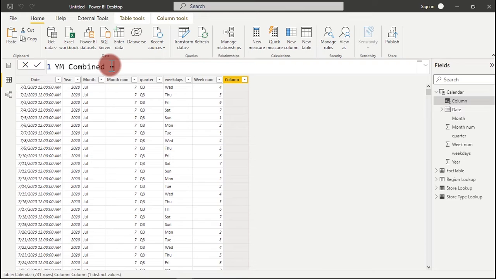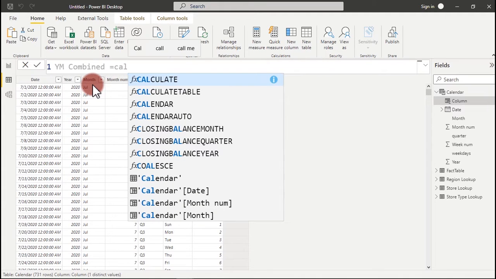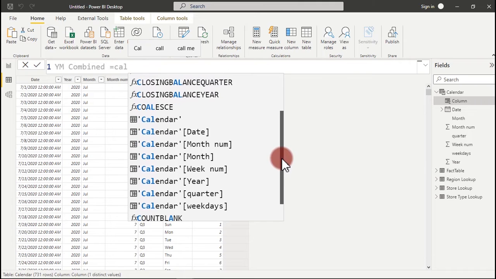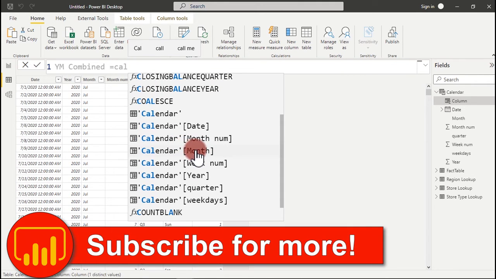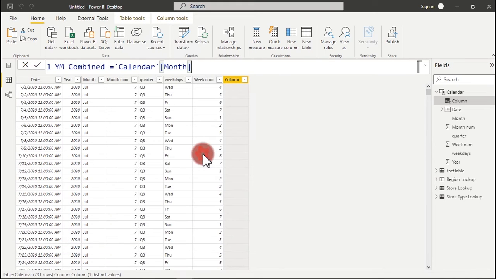Okay, we have to reference the column we want to join. So here is the months. Once I type in calendar right here, it gives me all the calendar columns we have, and I have to make a reference to this particular month, but not month number. So here I have my month right here. To join it to year, we have to use the ampersand right here,